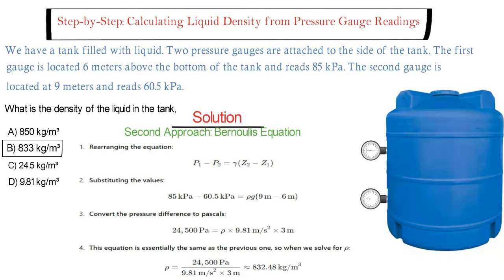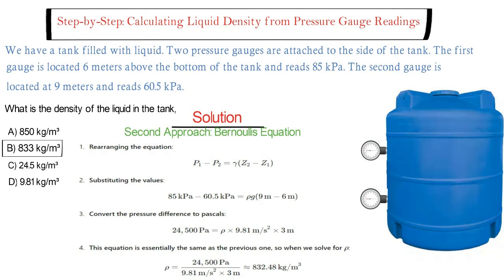The pressure difference 24,500 pascal equals rho, which is required, multiplied by 9.81, which is the gravitational acceleration, multiplied by 3, which is the height difference. Let's solve for density. So density equals 24,500 pascal divided by 9.81 multiplied by 3, approximately equal to